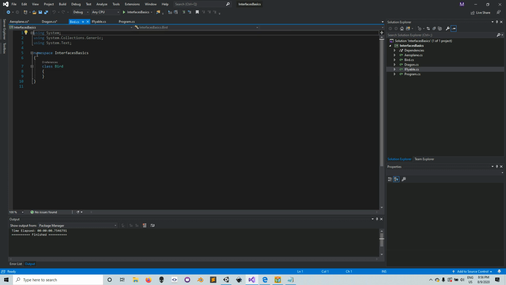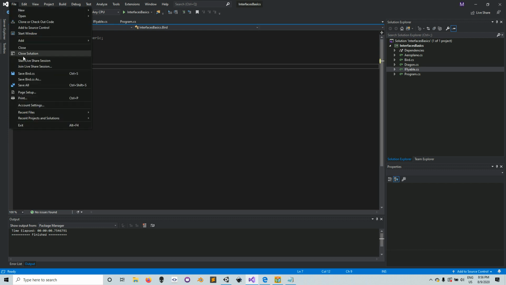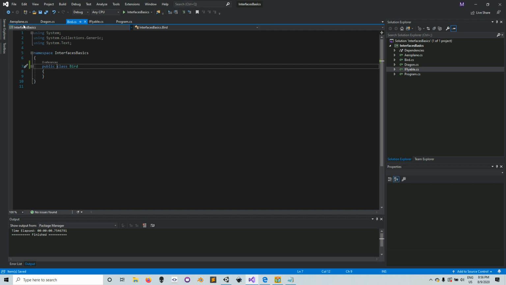Finally, the bird class should also be public. Good. Now we've created, okay, let's just file save all. We've created our 3 different classes for our modes of transportation for the character in our hypothetical game. The next thing you need to know is, if you create your class this way, all you've done is